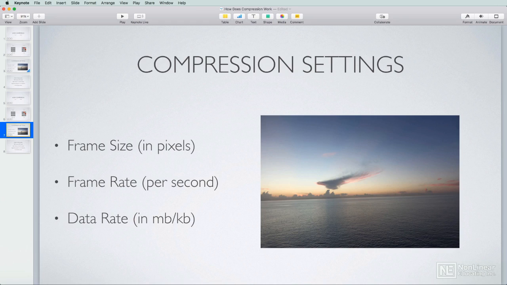So you definitely want to think about, are you going to be using this on a mobile device, all of those types of things, because in addition to file size, the aspect ratio is going to change depending on the resolution that you choose, and that's going to move around a lot of your objects. You could spend a considerable amount of time designing your presentation, simply change the aspect ratio or the dimensions of your presentation, and then find that your objects are now intersecting